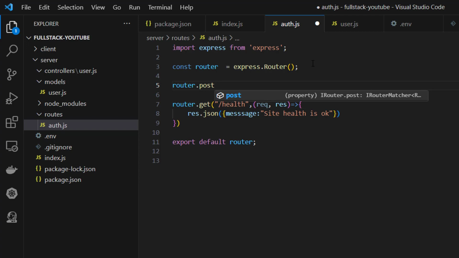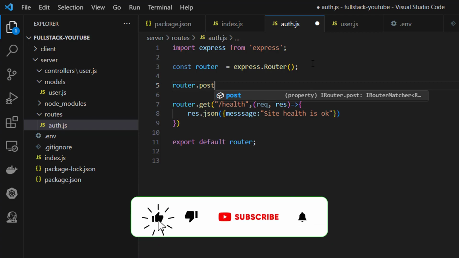We have several HTTP requests: put, get, post, patch. This is a post request, and this is a mutation. We are getting the user data from the front end, right now from Postman, and we'll receive the data in the backend and save it to the MongoDB database through Express and Mongoose. So router.post,